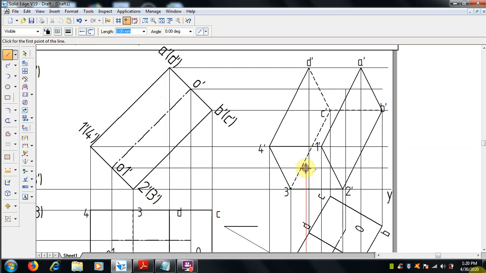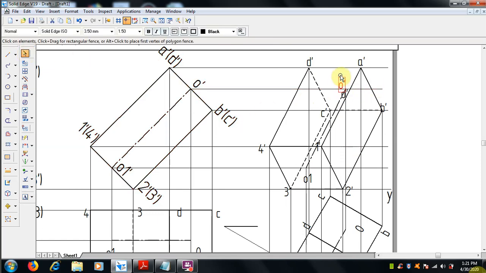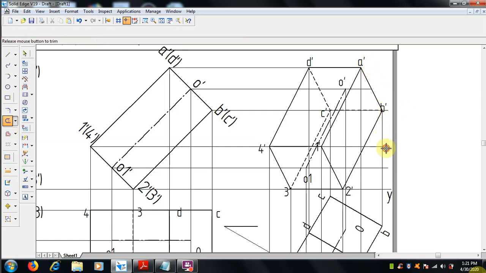So here it is O1, that is O, O1 and O dash, both are top. So unwanted lines we can trim off, the extended lines which are extended over this, you can remove.